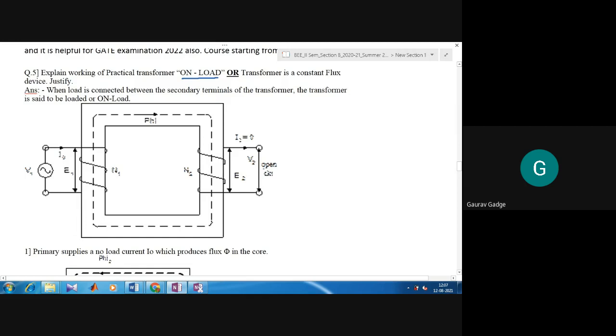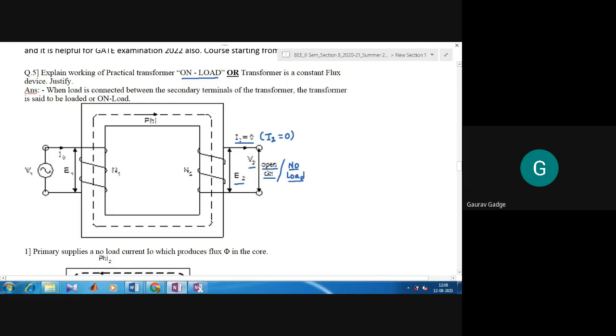Now, in first case, we have first diagram to explain. जिसमें हम लोग कह रहे हैं there is an open circuit. What is meant by open circuit? There is no load connected on secondary side. Now, if there is no load connected on the secondary side, it means that the secondary side current I2 is equal to 0. When secondary current is equal to 0, we have only two parameters, that is E2 and V2, that are nothing but the voltages.